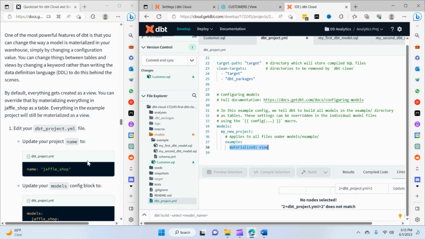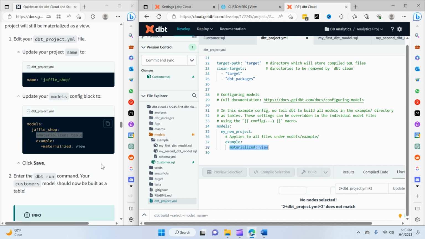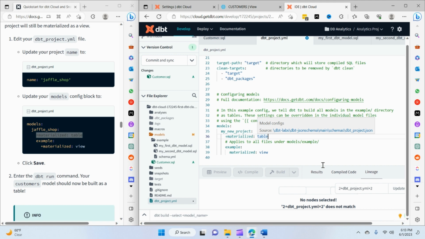Now let's say we wanted to change the default materialization for a new project. What we have to do is just add, over here, plus materialized colon table. So anything that comes in this project directory, my new project models directory, is going to be by default materialized as table. So if I go ahead and now do dbt run,